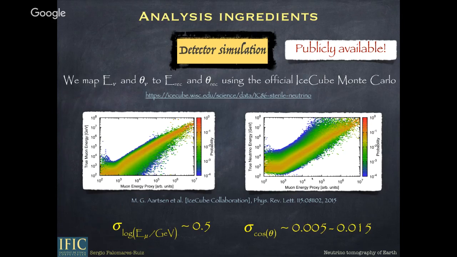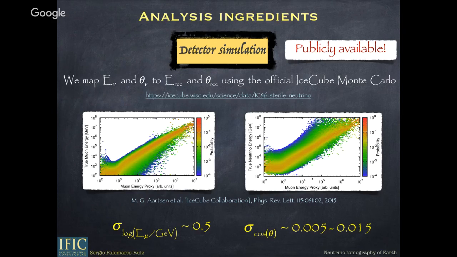And for the energy, things are a bit worse, because recall how these events are produced. This is a neutrino crossing the Earth and hitting a nucleus outside the detector. So the hadronic shower produced in that neutrino interaction is not detected. And then we also don't know where the interaction takes place, and therefore we don't know how much energy the muon loses before getting into the detector. So these two facts give rise to a relatively large uncertainty in the determination of the energy of the neutrino that produces a particular muon event. But all that is coded in the IceCube Monte Carlo that we use.